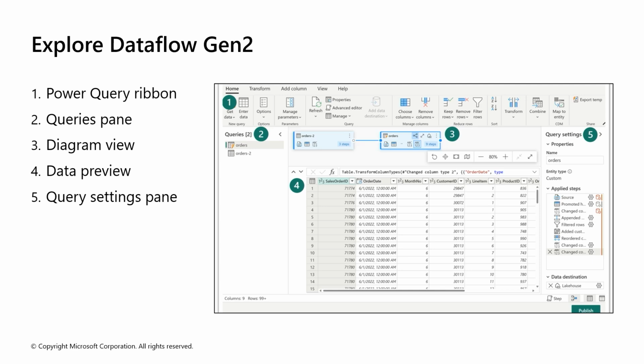Each query is represented as a shape with all of the applied transformations and connected by a line for the duplicate query. You can turn this view on or off. Number 4 is the data preview pane. This only shows a subset of data to allow you to see which transformations you should make and how they